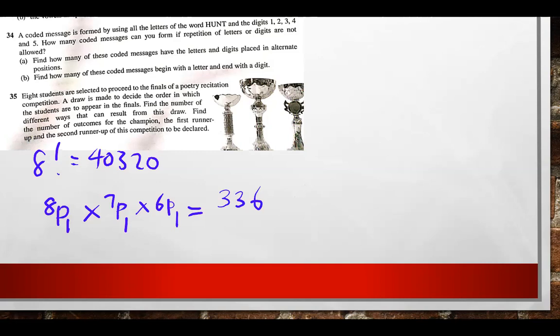Okay, what if you use 8P3? What do you think? Can? I think you get the same answer. Actually, that's true. Yeah, you get the same answer. It's also 8P3. Okay. Yeah, I think it is still possible. Can. You can use 8P3 also. It is not wrong. It's a different thought process, but it is not wrong because the 3 places have already been determined. Then, but just make sure that you don't